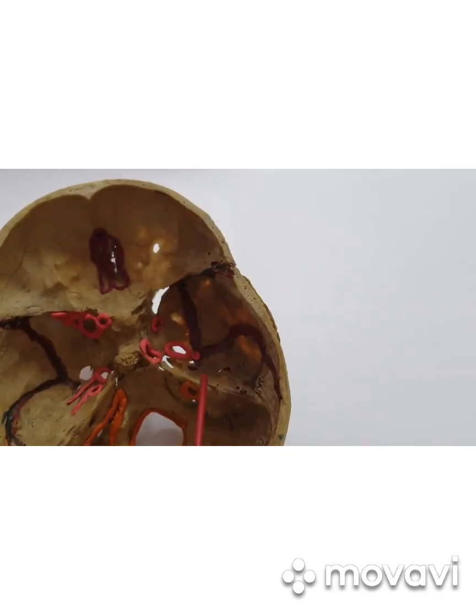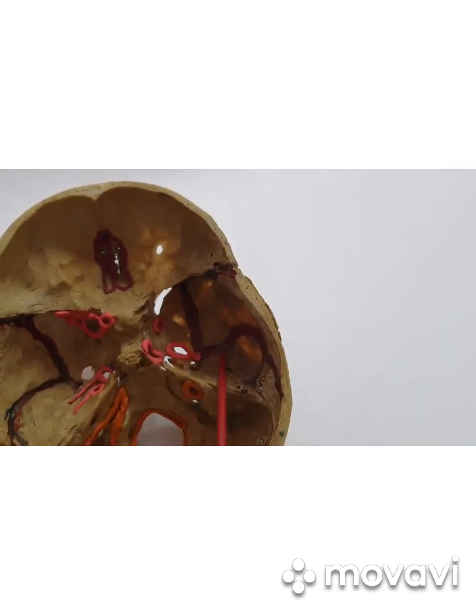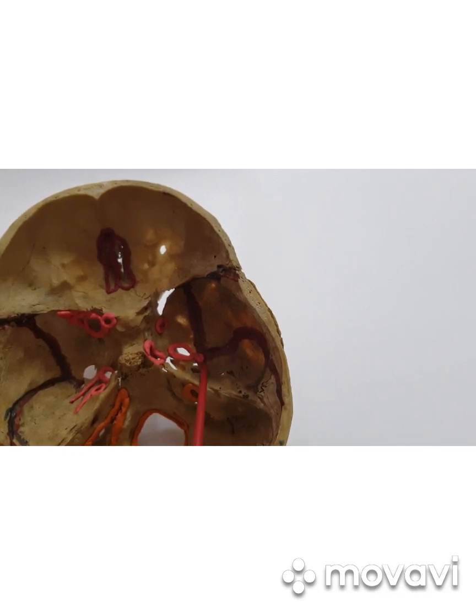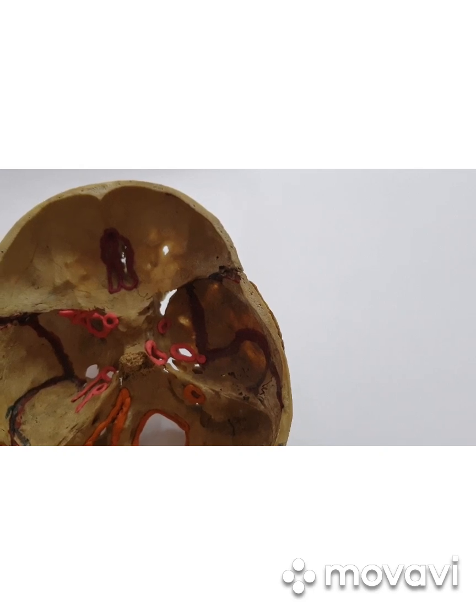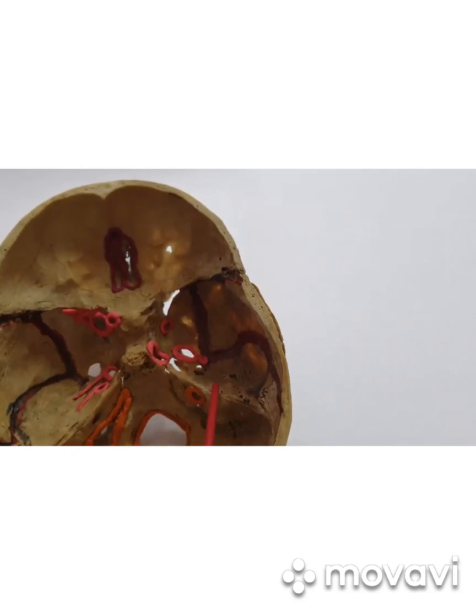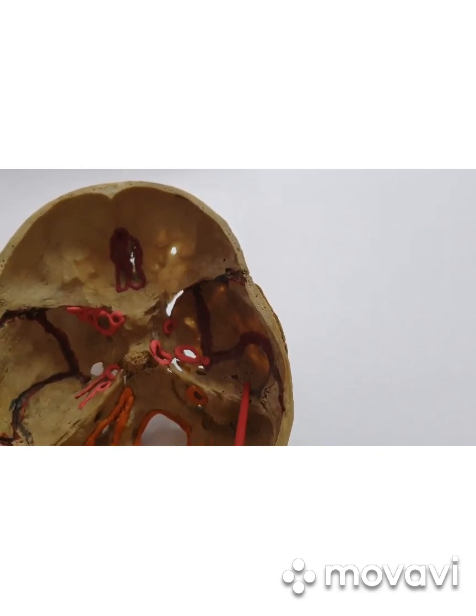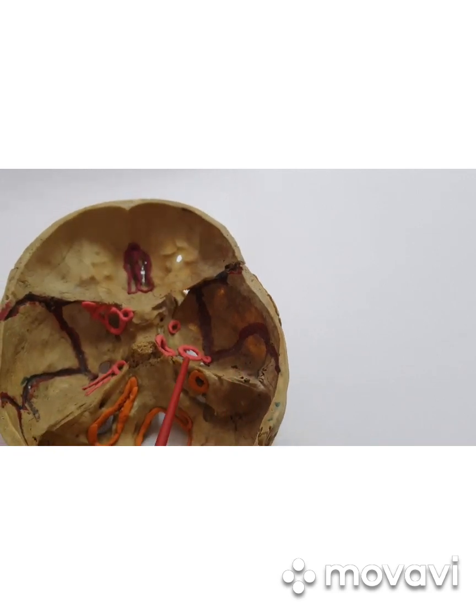This is the petrous part of the temporal bone, and that's the squamous part of the temporal bone, and at the junction between them we have the petrosquamous suture. Over this we have the petrosquamous sinus, the petrosquamous dural venous sinus. The upper border of the petrous part of the temporal bone is related to the superior petrosal sinus. The red color that you see here is the impression produced by the middle meningeal vessels.